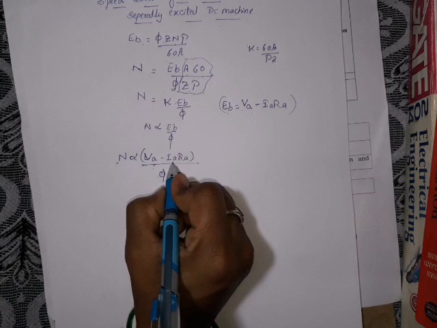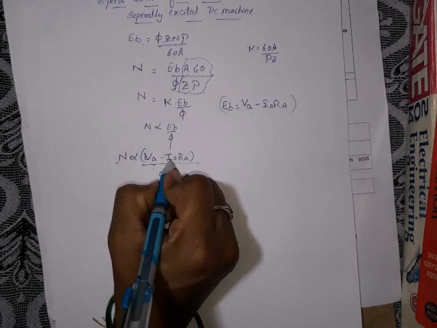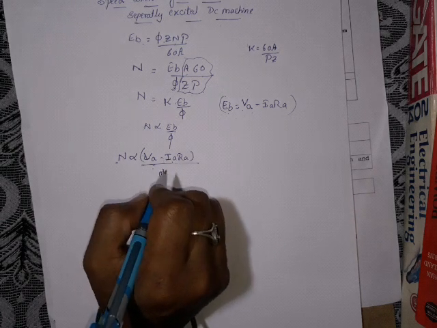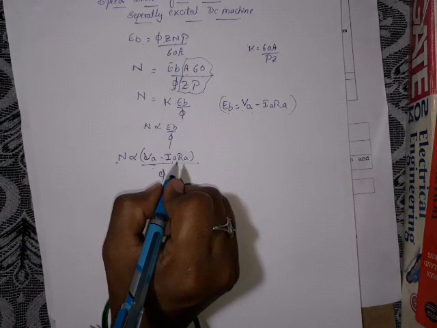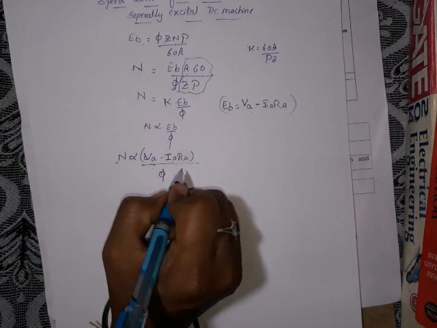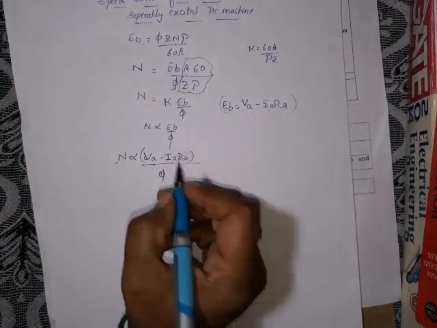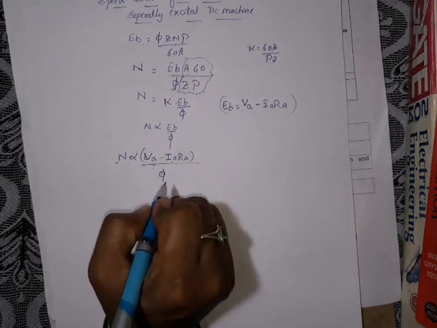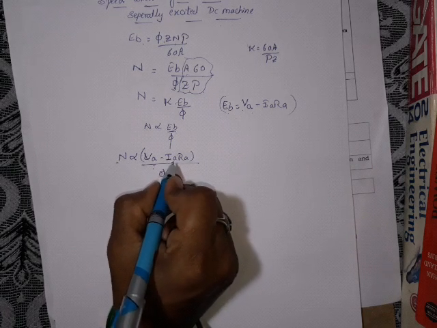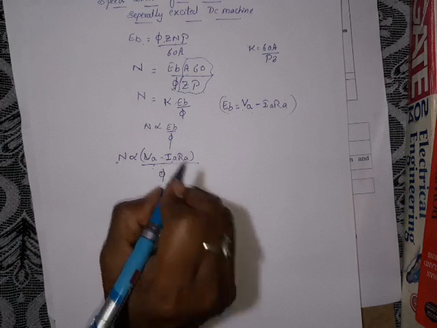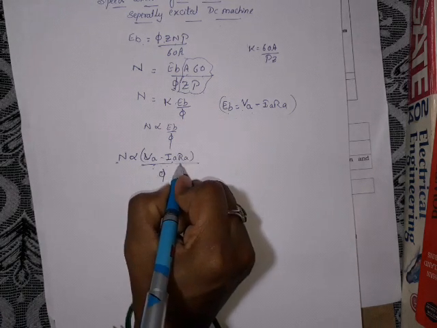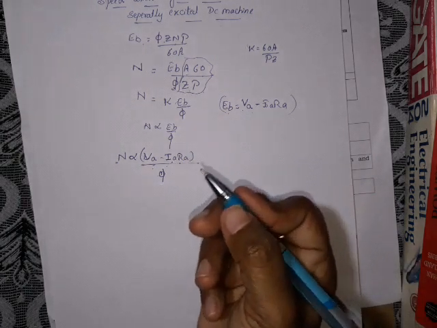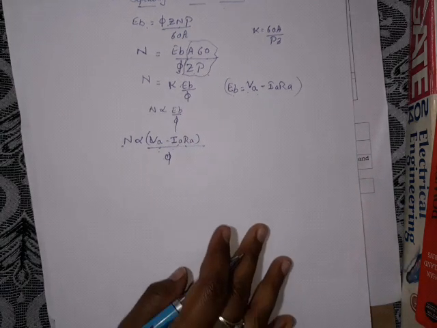See here, armature current. As we know, the armature current is independent of control. Means you cannot give a specific value of armature current. You cannot control this current first of all. It depends on load condition and it depends on speed condition. So it is independent of your control. You cannot control armature current. RA is constant because it is fixed when you wound the windings of the DC machine.